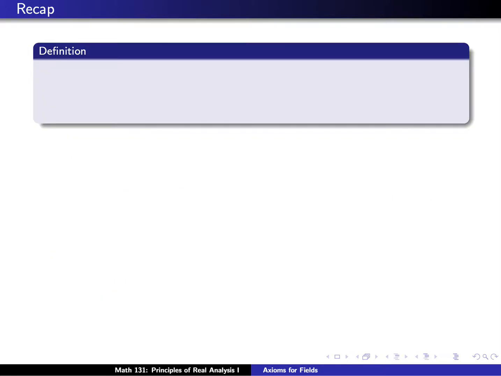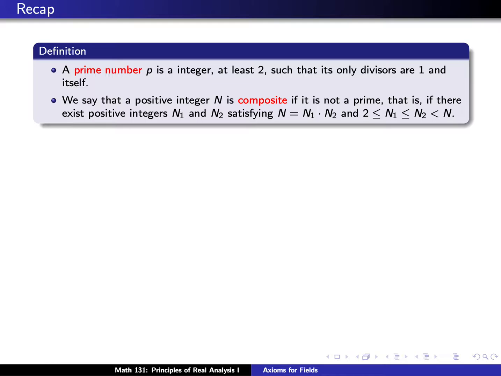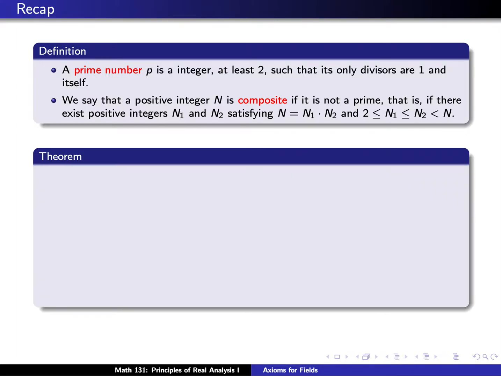We have seen that the natural numbers do have various properties. For example, a prime number p is an integer, at least 2, such that its only divisors are 1 and itself. And a composite number n is a number that is not prime. That is, it has two divisors, n1 and n2, whose product is n, and each divisor is neither 1 nor the whole number n. We found that there were 4 properties of interest once we look at prime numbers and